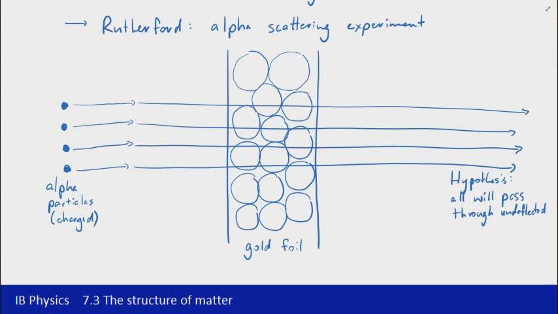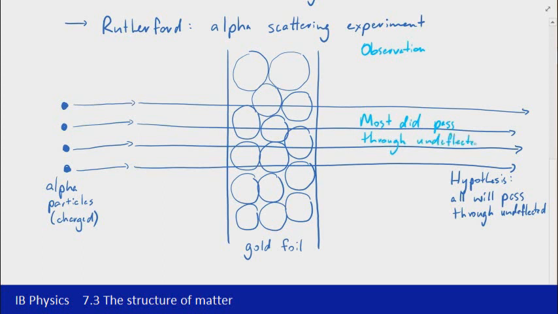Now, when Rutherford's students conducted this experiment, they did actually find that most particles passed through. So I'll change colour now to represent the observation. I'll just make a note there. The lighter blue is what the observed results were. So most did pass through undeflected. So they saw what they very much expected to see, but in order to confirm that that was the case,